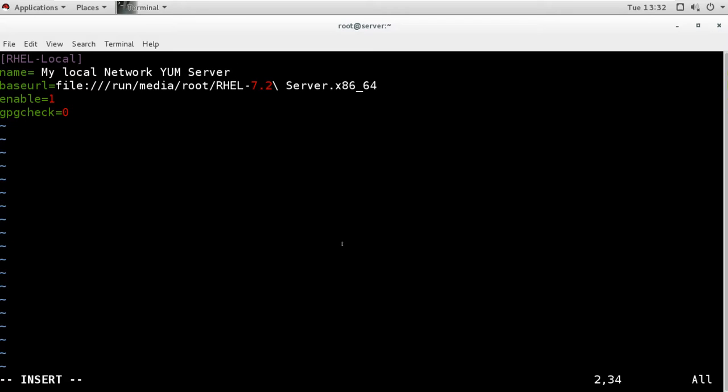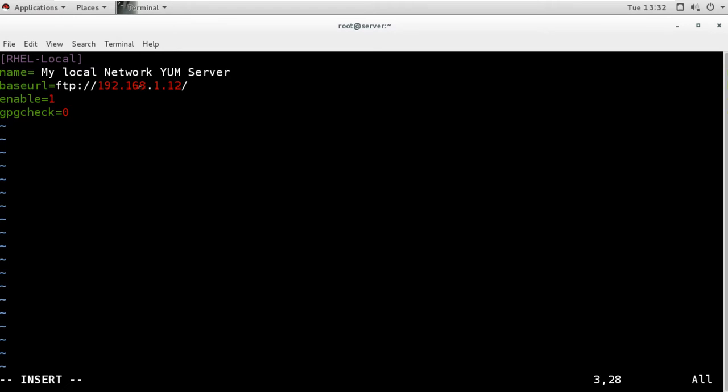So this is my local network yum server. Now the base URL I will change here. Previously it was using the location of the DVD, but now if you want to access this FTP server, you can access it from ftp:// and the IP address of this machine, and when you give this URL you will reach the FTP directory.